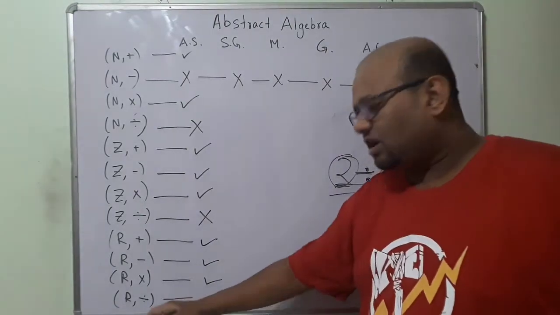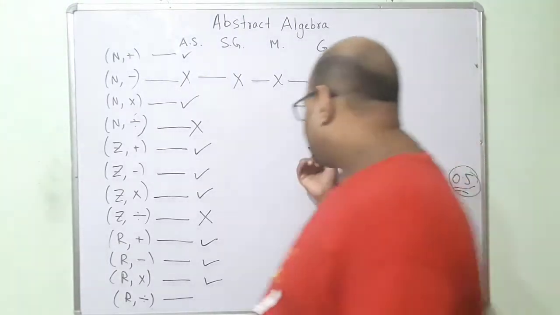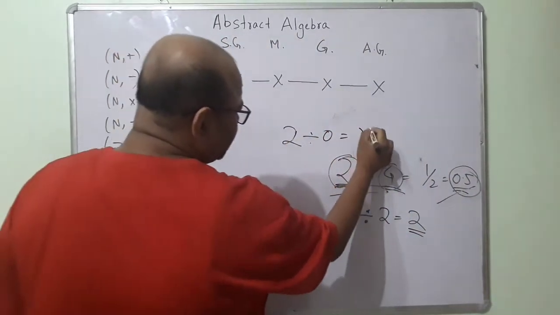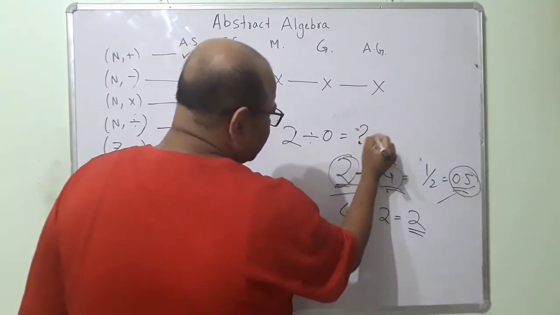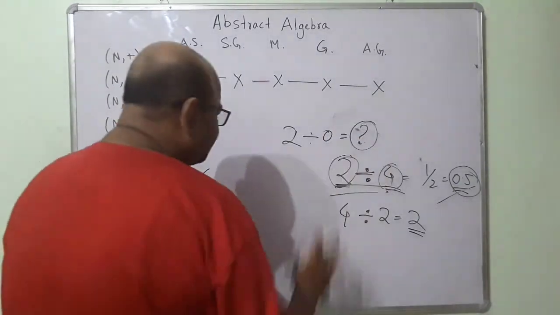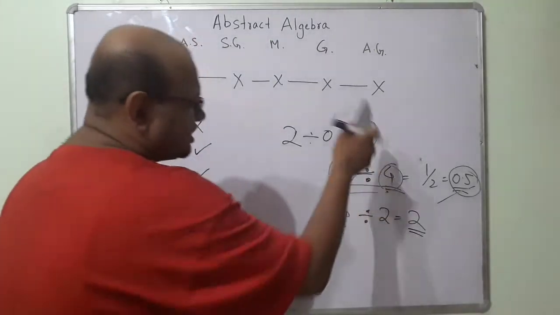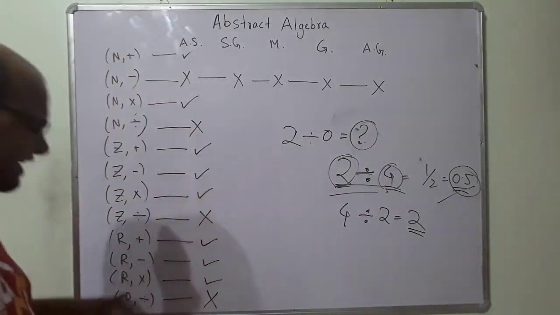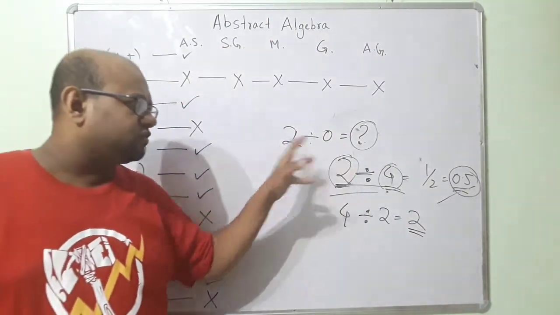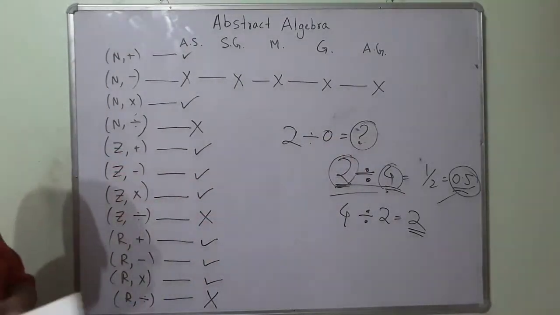So undefined, of course, does not belong to the set of real numbers. So for this reason, I have this number 2. When I divide by 0, I get something over here. This something does not belong to the set of real numbers. So this is undefined. This is not closed. The solution must belong to the set. Only then it will be closed. Here the solution does not belong to the set. Both of these operands are from my set, but the solution is not in my set.